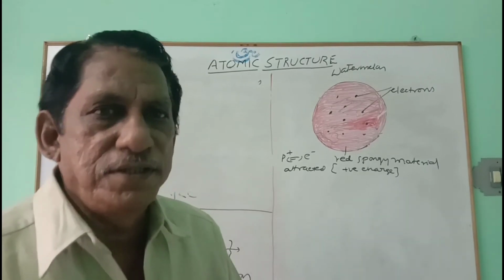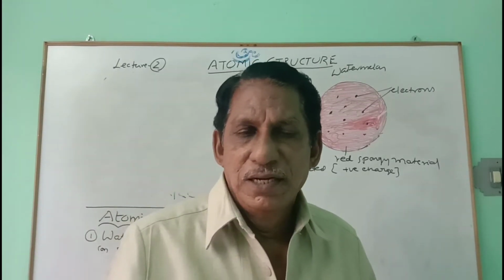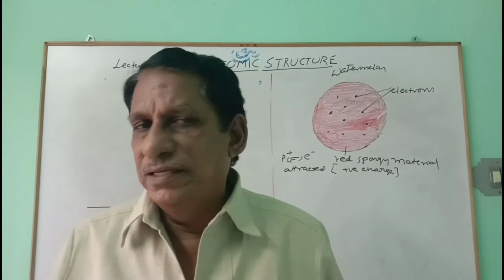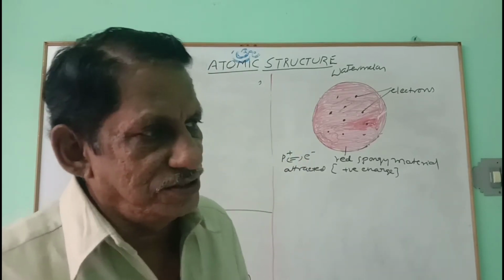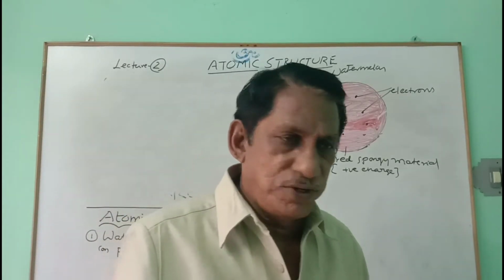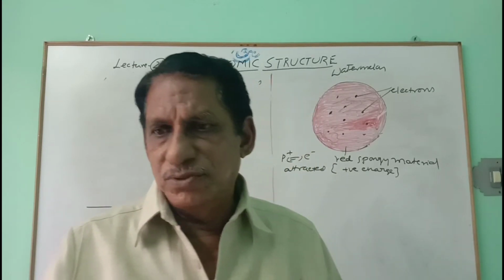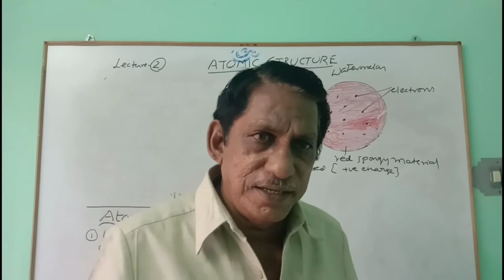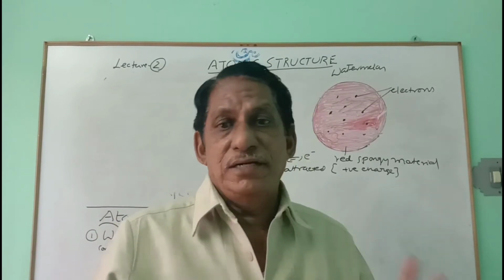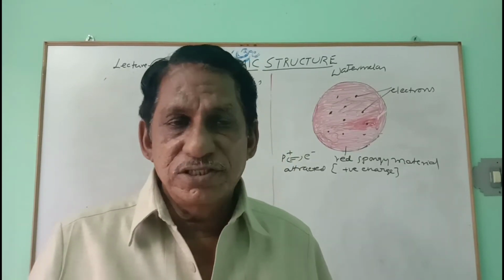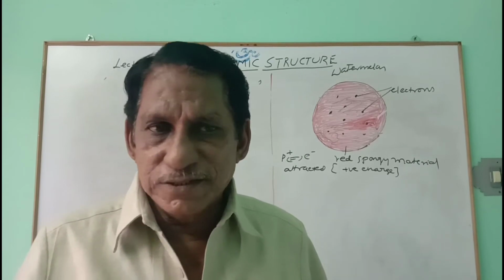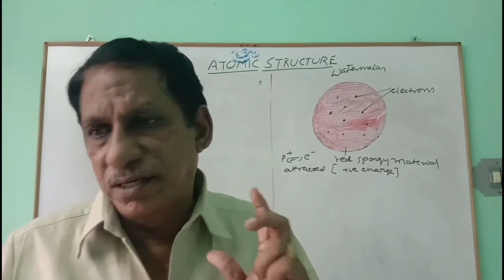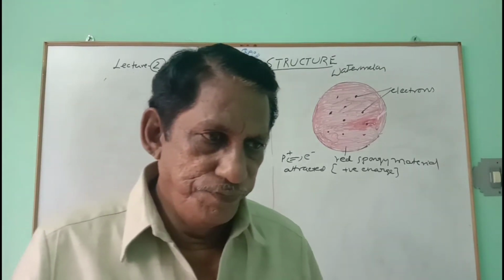How can you explain the stability then? Atom is quite stable. As the electrons are shown to be stationary and there is attraction between the positive field and the electron, they are coming together closer and their charges are cancelled, the particles will be annihilated and there is no existence at all, but atom is quite stable. And so, the stability of the atom was not explained by J.J. Thomson model, and so it is a failure.